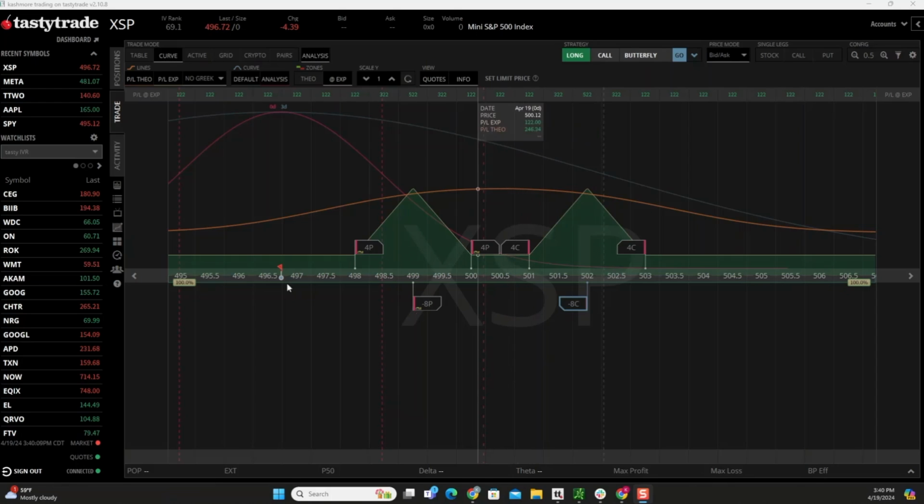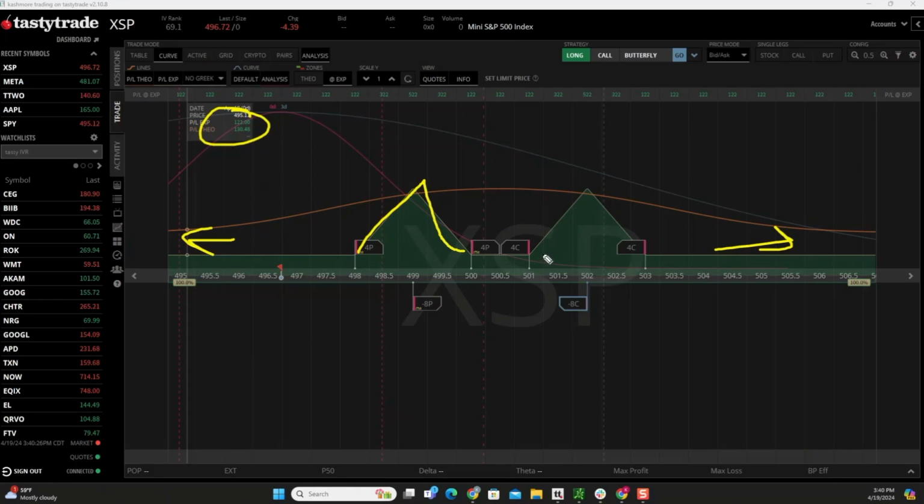So first off, how and why did I do what I do? This is the end of the day risk graph, and you can see that I currently have no risk, right? Because there's no red going that way, no red going this way, and I can make max profit of $122 on this one position. But if I would have caught it in this little TP right here, up here in these areas, it was about $533, I believe. But as you know, I'm sure if you're watching this, the market has been heavy lately, and it fell anyways. But what has been really nice is I could do these trades without having to stress about a position,